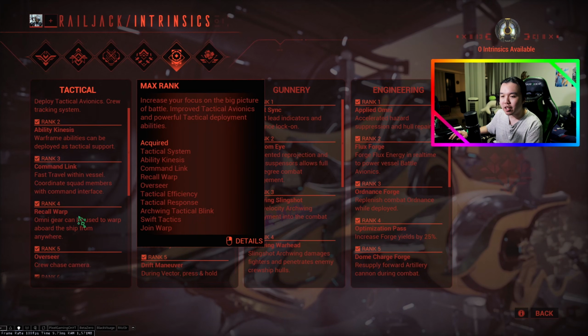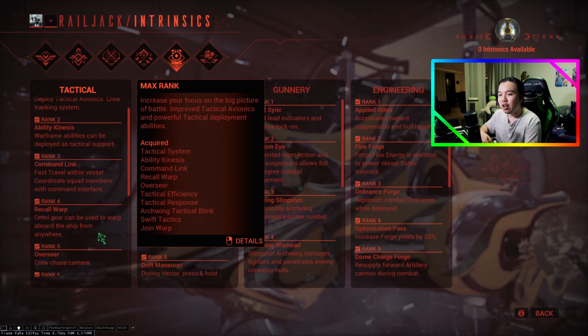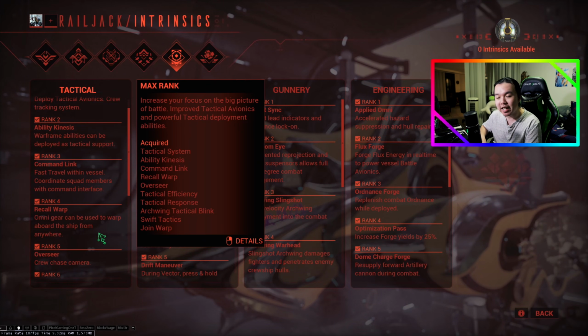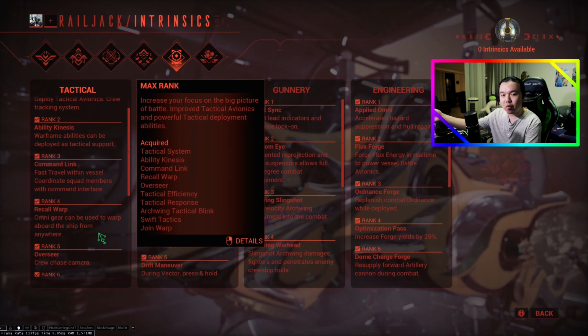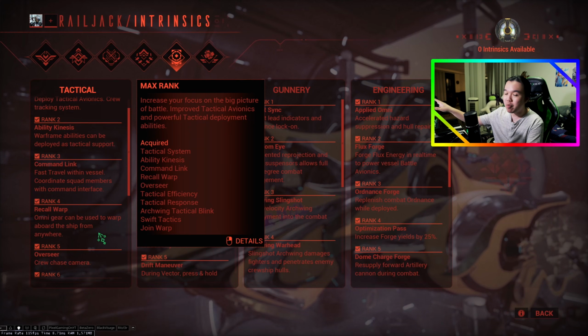The first one is Tactical Level 4. It's called Recall Warp. Omni Gear can be used to warp aboard the ship from anywhere. This is super useful, especially if you're joining other people's Railjacks, because there's a good to fair chance that they're going to send you to do an objective, or they're going to send you to go and board a cruise ship. When you are outside of your Railjack, and if the Railjack happens to be really, really far away,